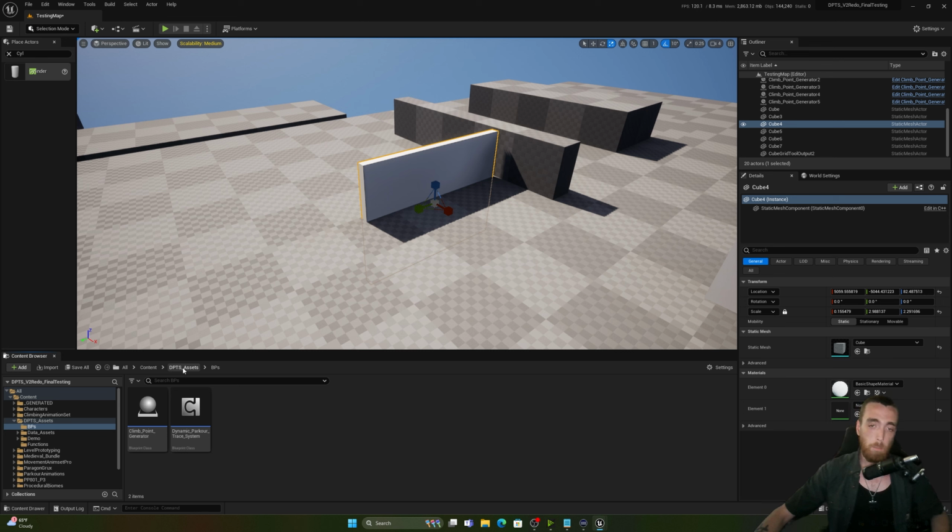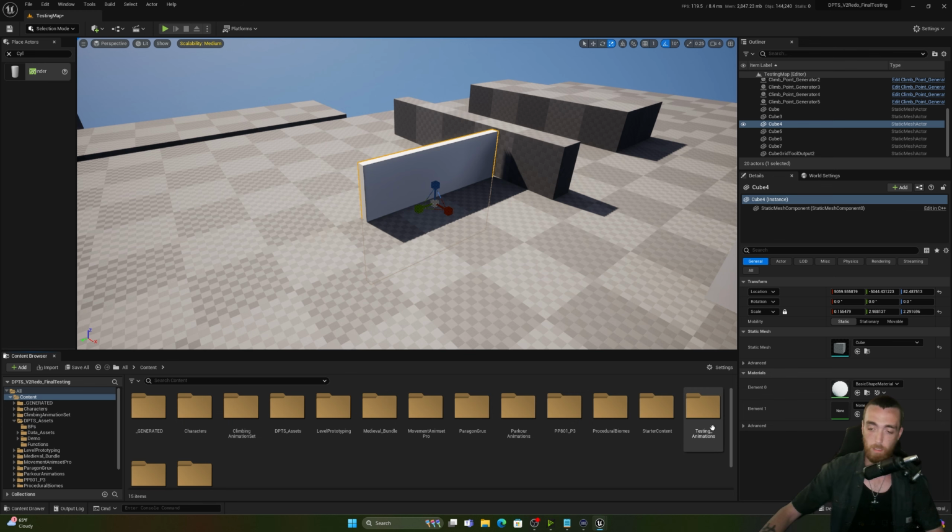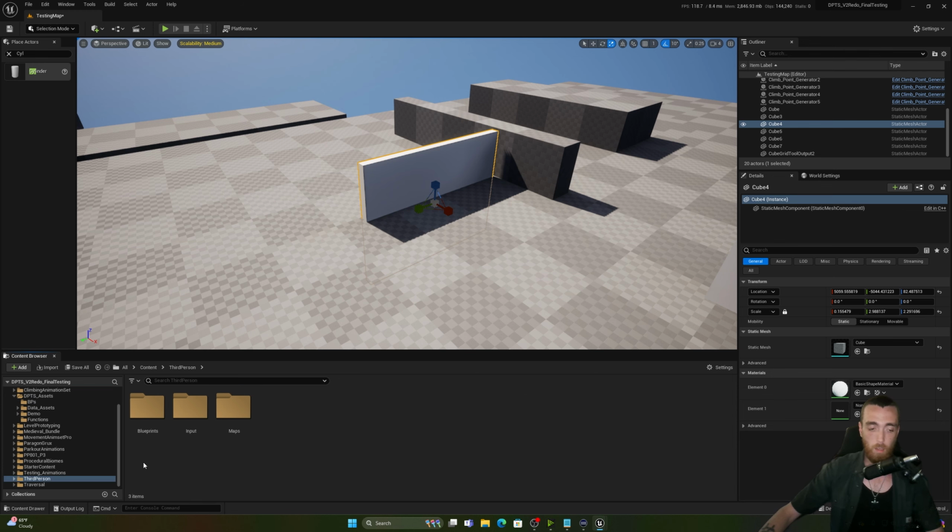Now, one thing to keep in mind is that it is collision based. So if your objects don't have collision, it will not find anything. But you are going to want to make sure to have collision, and as long as you do, this is really all you need to do, just go ahead and define a few things. Like in the character blueprint here, if I open this up,